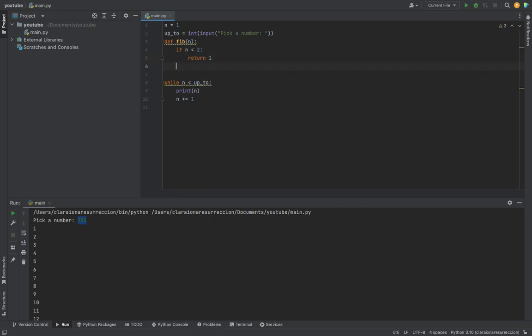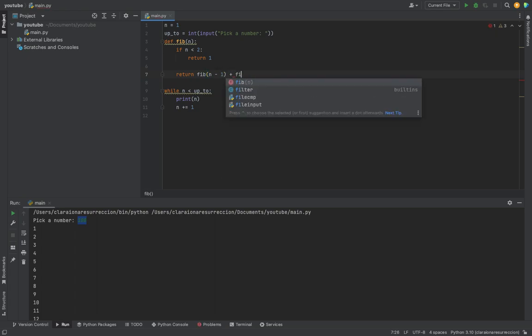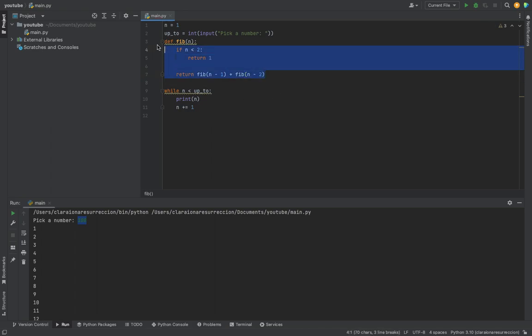Yep. And then if not, it returns fib n minus 1 plus fib n minus 2. You can't make this